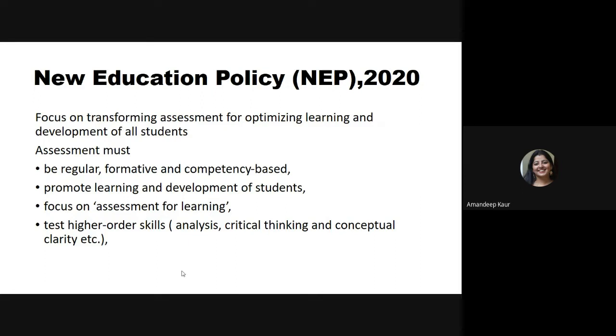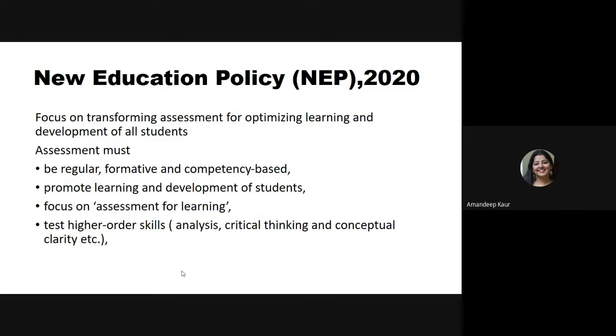So when we are designing assessment, as rightly added by Dr. Amandeep Kaur ma'am, it is not only the technical skills that we are going to assess, but at the same time, we need to provide opportunities to our students where they can work on the development of their soft skills. A few of the assessment activities, specifically in class, also need to be related to the higher order thinking skills of the student. So when the teacher is designing assessment activities for the student, a few of the statements, a few of the questions need to be related to analysis, critical thinking,